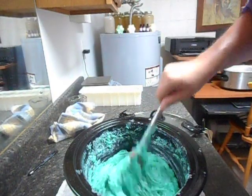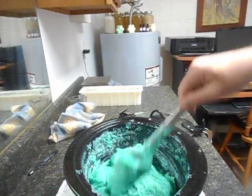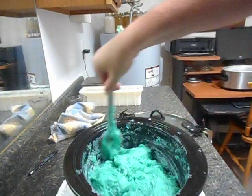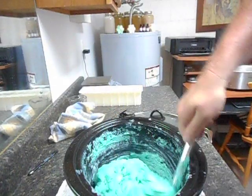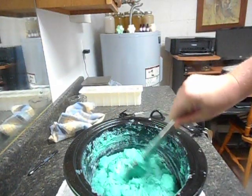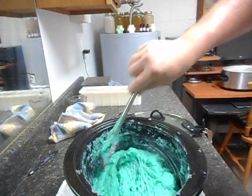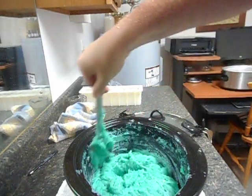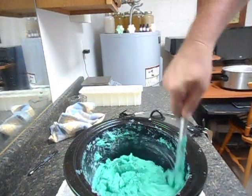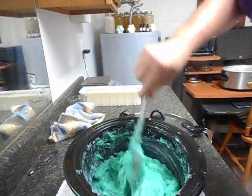It's about 200. I'm afraid it's a little too hot to put the scent oil in, although it has a high flash point. Some people think that has to do with when it flashes off, and some people think it has to do with what temperature it will ignite at, and it might be a little bit of both, but this is a little hot to put your scent oil in. I don't have a whole lot of choice, I don't think, because I'm going to have to get this in the mold. Pretty fluid right now,